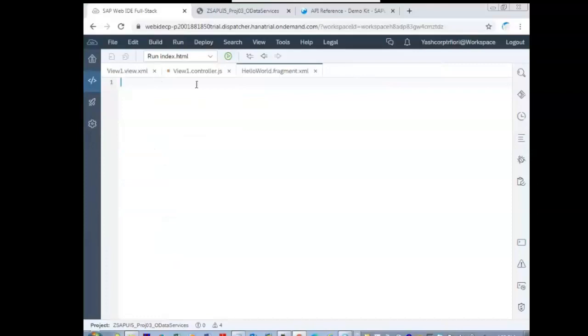The code in the XML fragment looks like the code in the view.